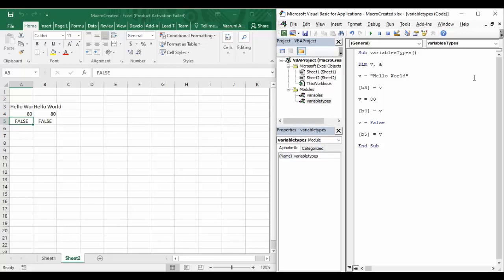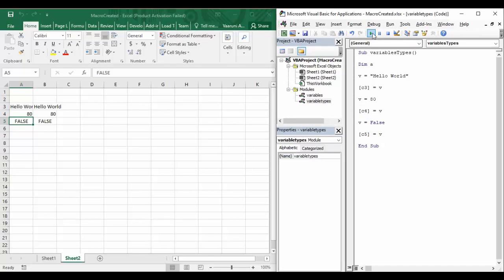Also we can use any undeclared variable. Suppose we write a, but we do not write v, which means we have declared only a, we have not declared v as a variable, but we are using this variable v. So if we try to run this piece of code, right now I'm going to use the C column, C3, C4 and C5 instead of B3, B4 and B5.